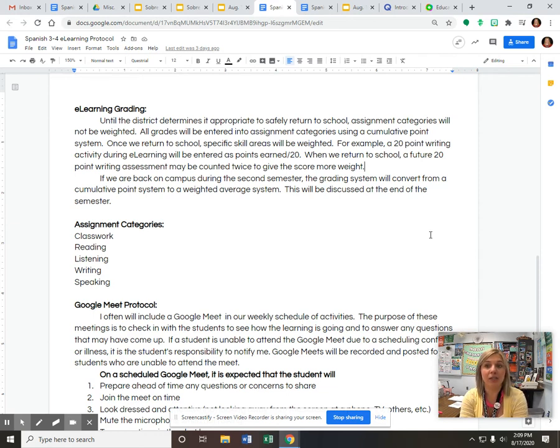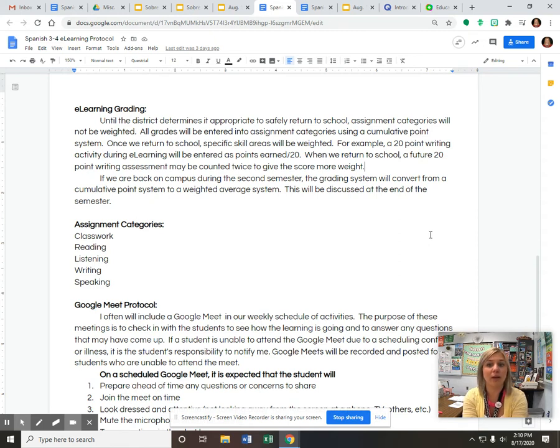When it comes to grading, right now the way we're going to grade is going to be different from the way we will grade if or when we return to class in person, which hopefully we do. Normally the categories are weighted as different percentages of your grade because there's certain things such as writing and speaking, where you are producing the Spanish, versus just reading or listening, in which you are just interpreting the Spanish. When you're producing your own Spanish, that's a lot more difficult, but it's also a lot more important. So some of these things are going to be weighted in different categories if or when we return to